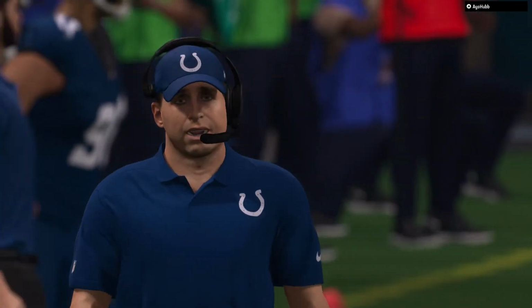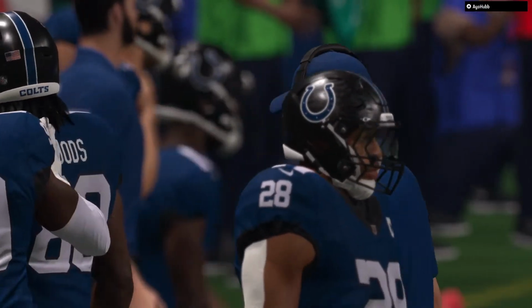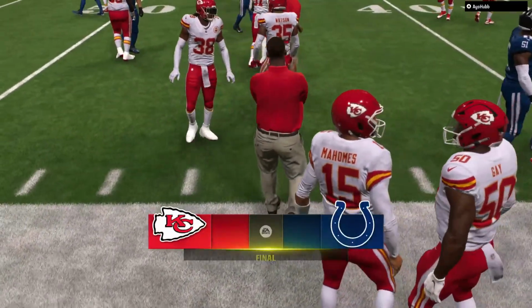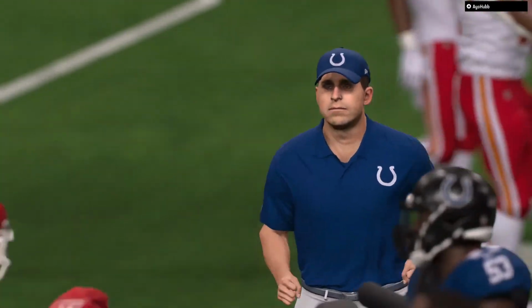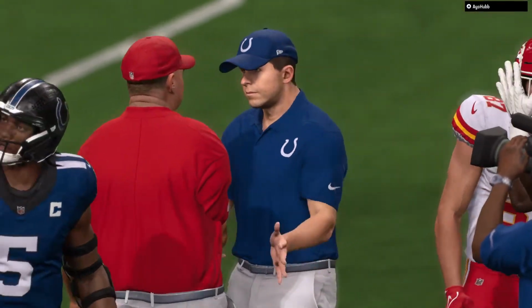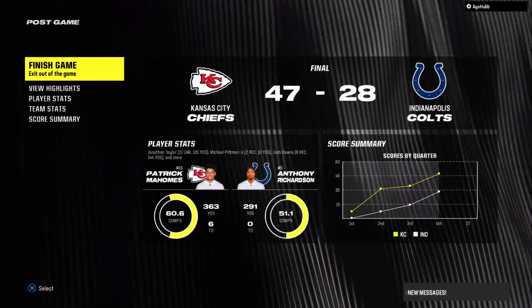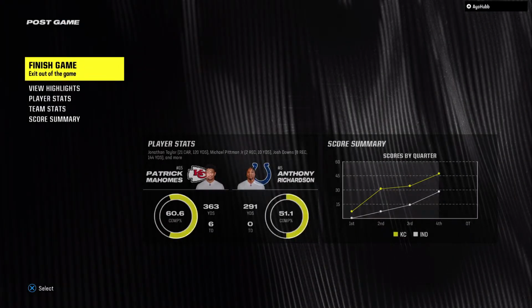Well, partner, under the lights in primetime, this offense, they gave the nation quite a show, putting up that many points to come away with what will certainly be a memorable win for them. And, Brandon, I think it's as simple as this. Some players, some teams, they're just meant for the big stage. And when they get a chance to play in this type of atmosphere where all eyes are on them,